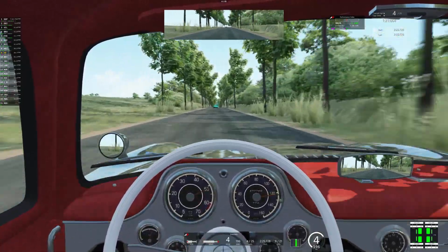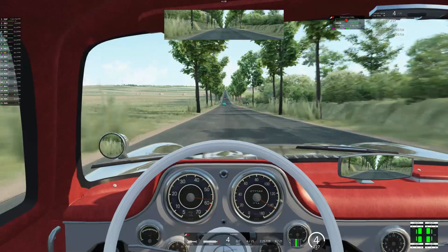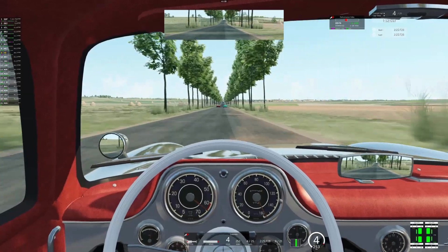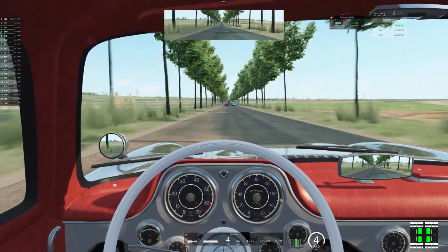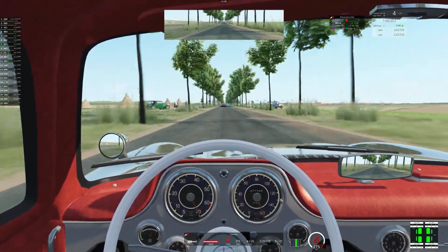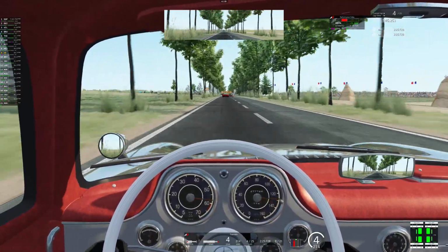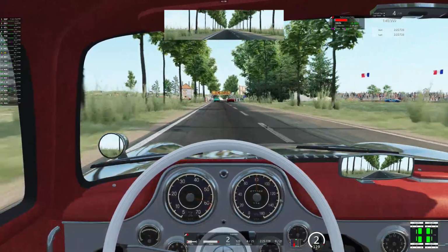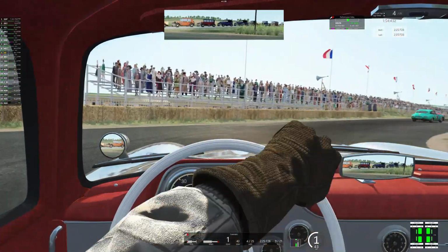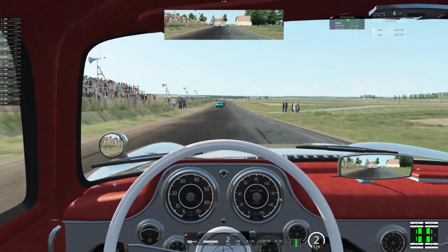Okay, I'm gonna try to point out the braking points and turning in points for this track, because it's not that obvious everywhere. So the first braking point on this long straight is a green 30s Ford there on the left side, and then the last hay bale on the left there. That's your braking point for heavy muscle cars. They need all that braking distance to stop the car for this very, very slow right-hander. And then